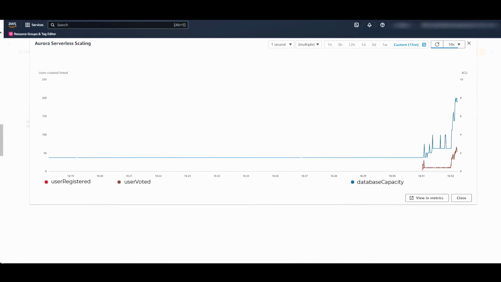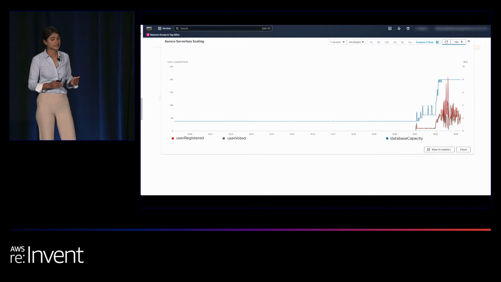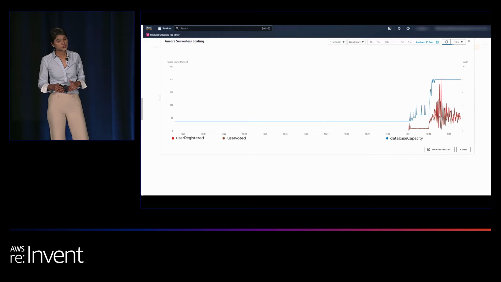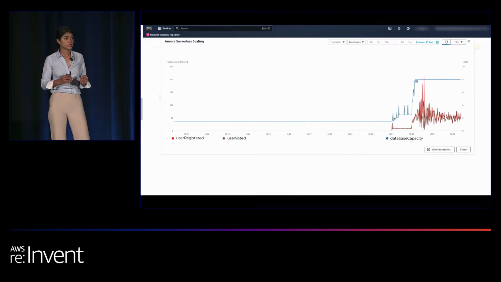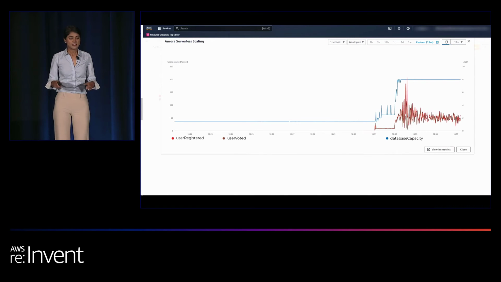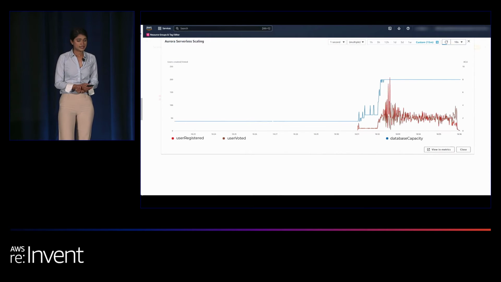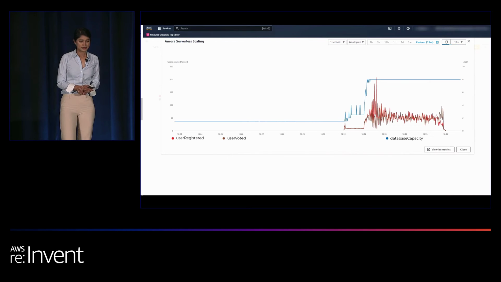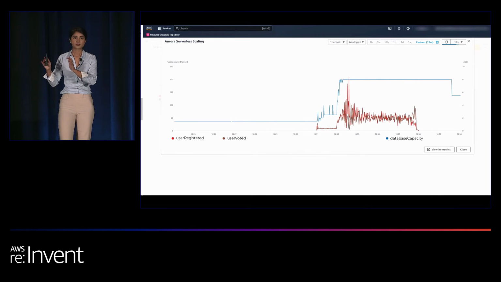As the workload increases, you see this almost vertical blue line. This is where instant scalability happens. Whatever's in the bucket, the database gets that. And it scales up to the point where it can sustain the workload. If more resources are needed, it'll continue scaling, but it'll get to the point where it can sustain that workload, or it goes up to the maximum that you have configured. The more users are coming in, they're casting their vote, and the database capacity stays at the level where it can sustain this workload. Now, the red and the brown line have gone down, meaning that users have stopped registering,